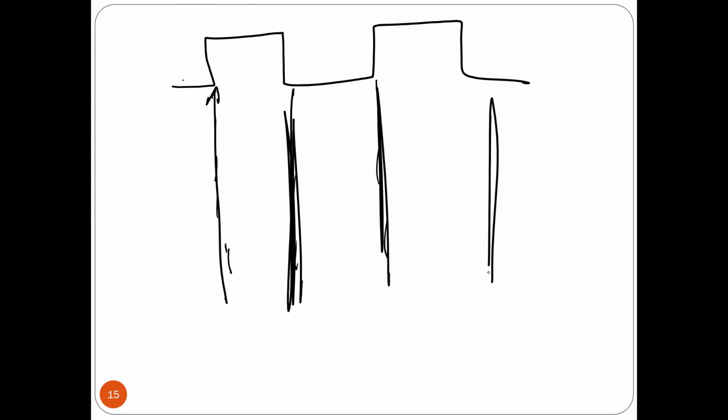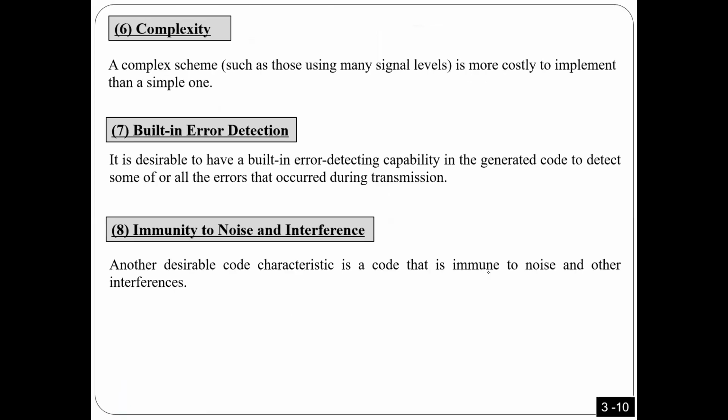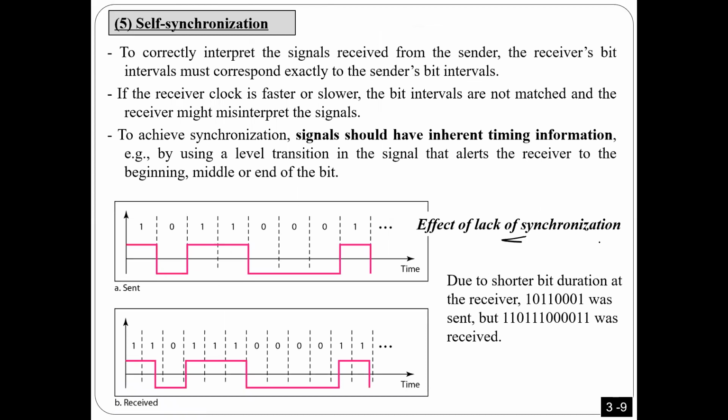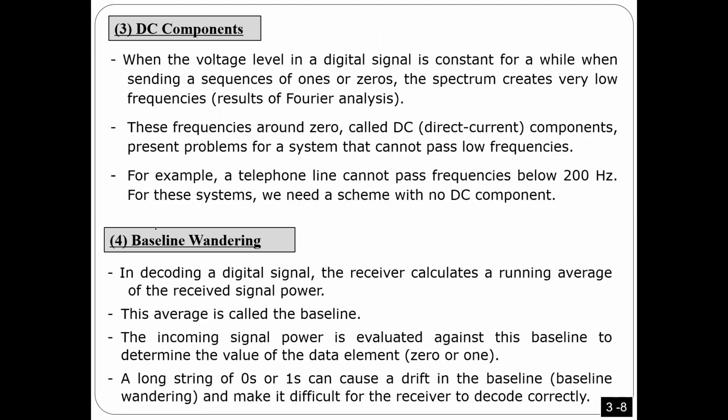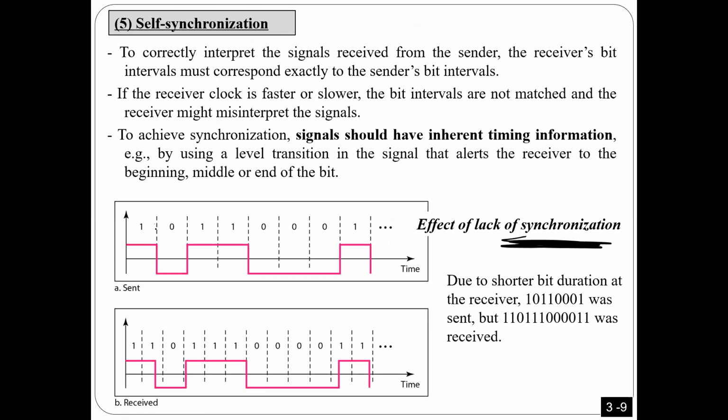If we are not synchronized, what problem can happen? I'm going to receive wrong data. How? I'm going to tell you how. So that's what we call lack of synchronization. If we are not synchronized, for example, here, this is the time for 1 bit. But at the receiver, this is a time for 1 bit, as you see here. So what happens if you transmit this signal, I'm going to receive a completely different signal,